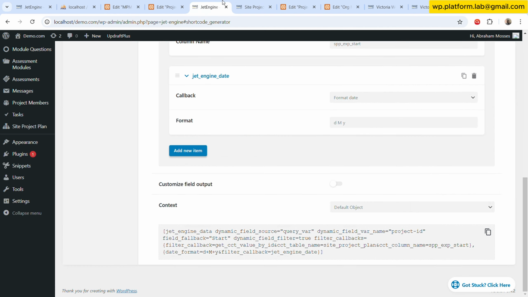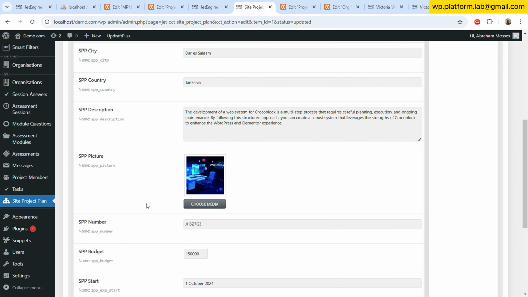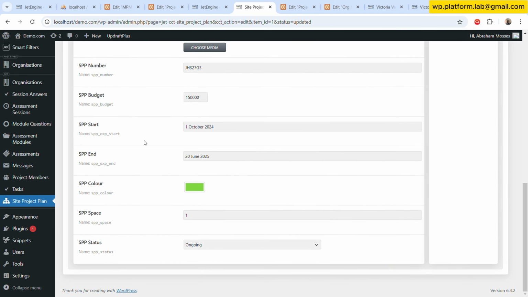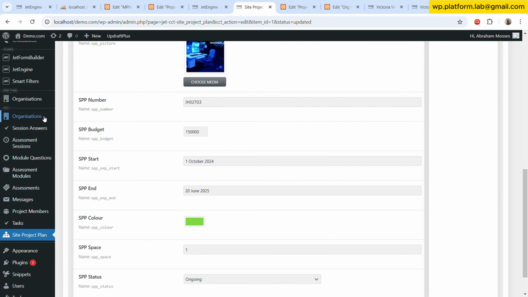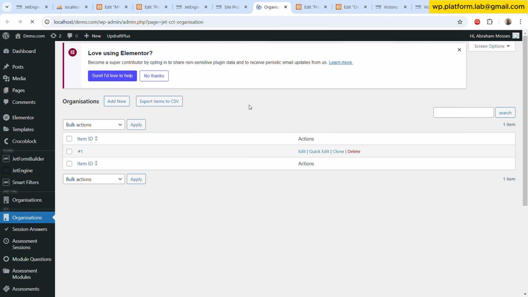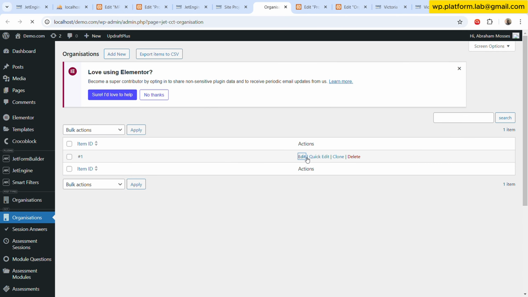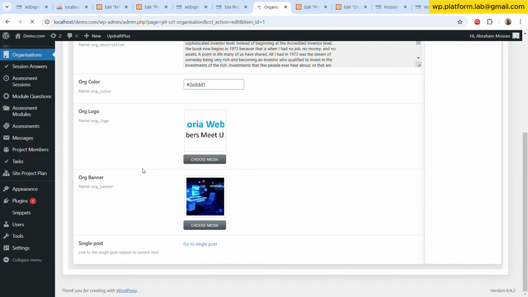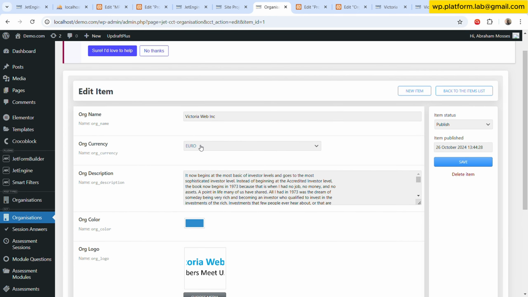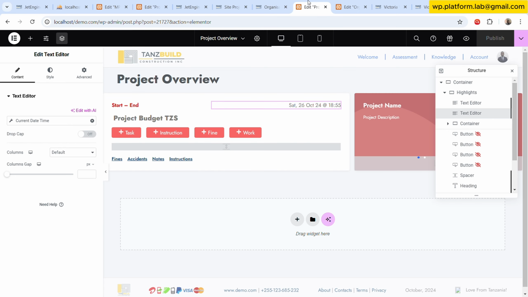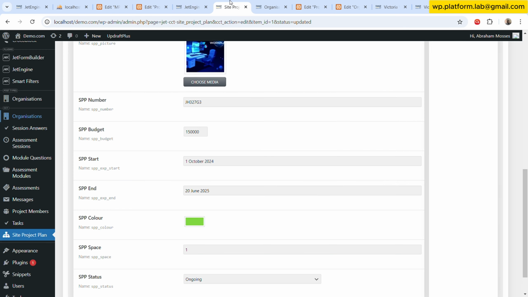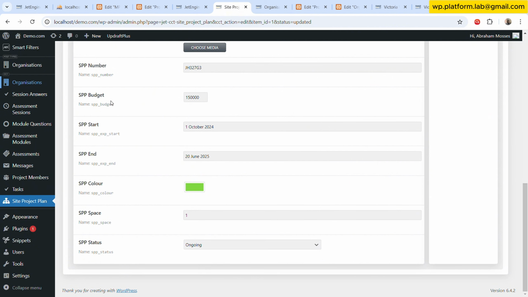Another thing, if you remember the previous tutorial, we already set the organizational currency. Yes, we call it euro. What I'm going to do, I want to put here a budget. So I'll go to the field for budget, this one, and I'll put it here,